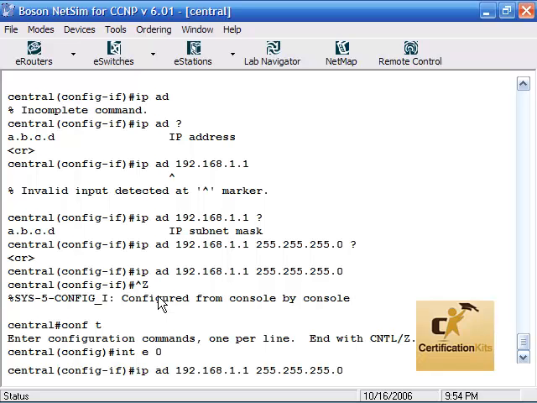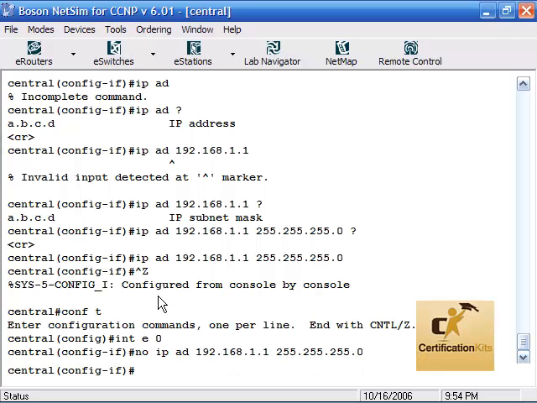A little bit older versions of Hyperterminal that came on some earlier XP versions did not support using the up and down arrows, so you'd actually have to use Control B for backward, Control A to go to the beginning of the line, Control E to the end of the line. Those are some of the control commands that you can use. What's nice about Control A is I go right to the beginning of the line. If I want to get rid of this IP address, I just type in no right in front of that,